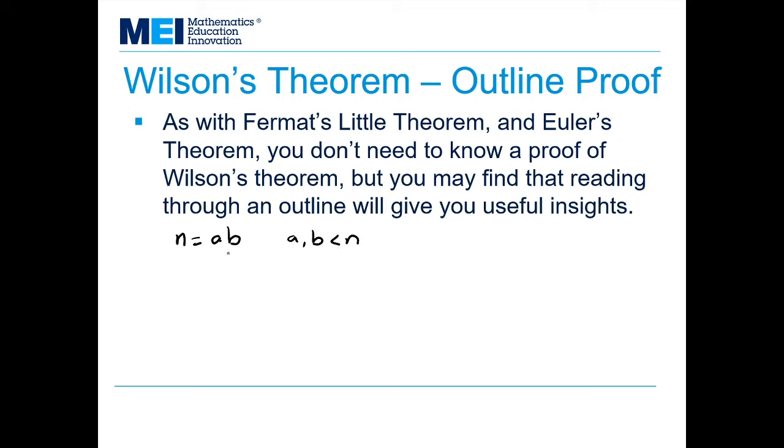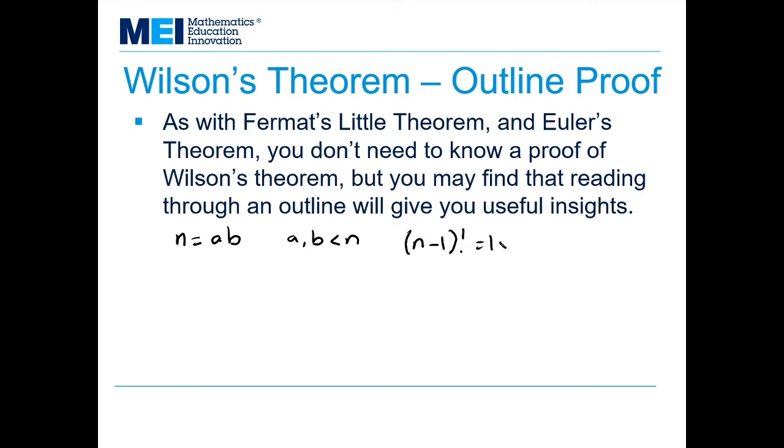Now I need to be careful here, because if n was the square of a prime, then my factor pair would be p times p, and my argument wouldn't work. I'd need to change it slightly. However, assuming that a and b are distinct, I now have that in (n minus 1) factorial,